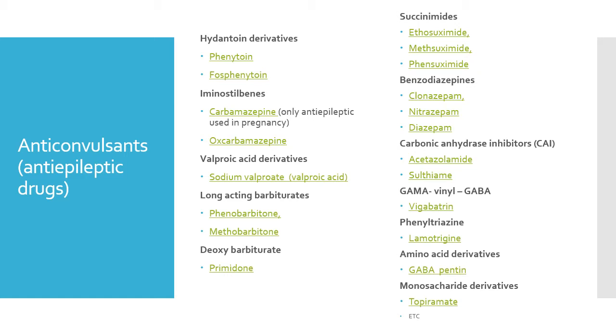As you can see from this slide, and it's not the prettiest of slides, my apologies, I don't need you to memorize this, but I just need you to see how many different medications are utilized for anti-epileptic reasons. Obviously some of these drugs are older, have more side effects. Some on the right-hand side towards the bottom are newer and are considered a little bit safer, but obviously more expensive. Then we have some of the drugs in the middle, some of them are falling out of favor. Some of them have very specific uses, and